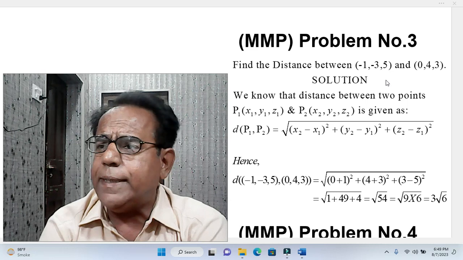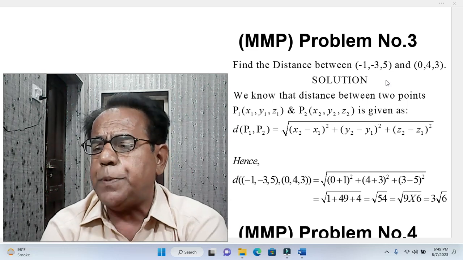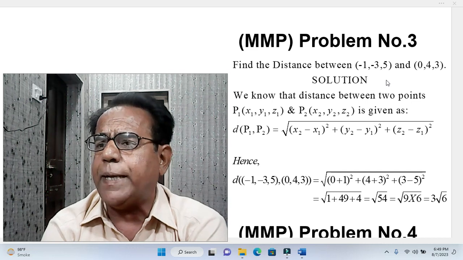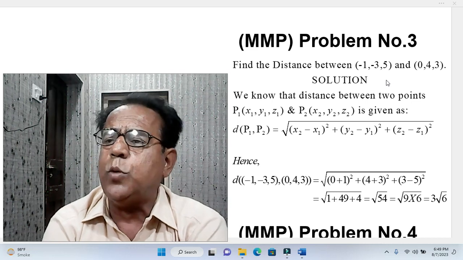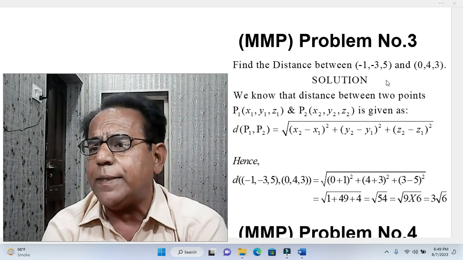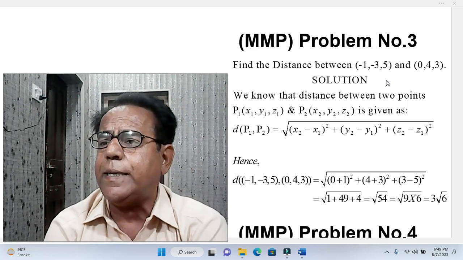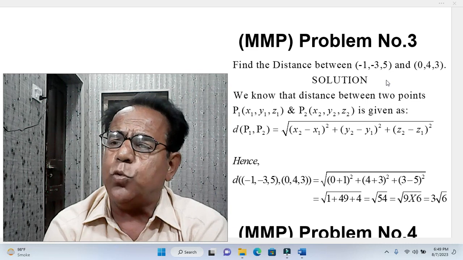Okay, we know that the distance between two points P1 (x1, y1, z1) and P2 (x2, y2, z2) is given as d(P1, P2) equal to the square root of (x2 minus x1) squared plus (y2 minus y1) squared plus (z2 minus z1) squared. Okay, hence